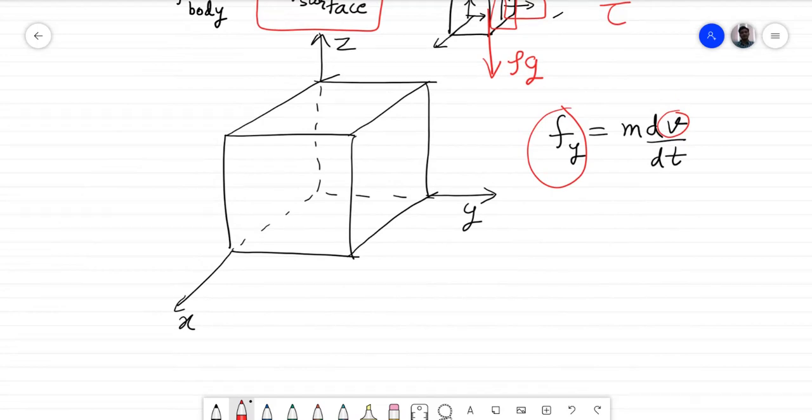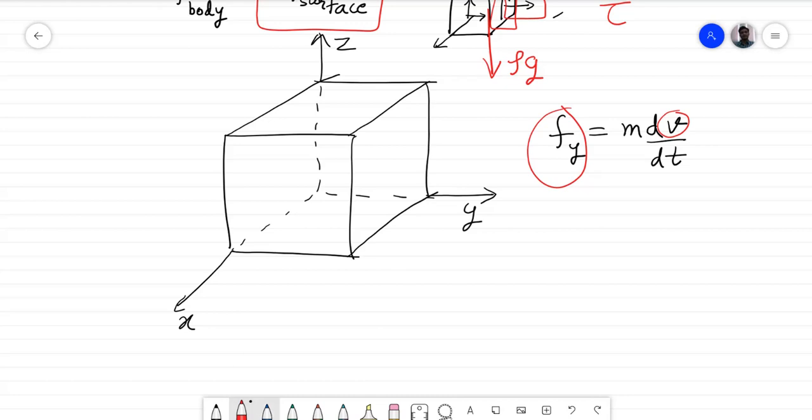So now what all forces are acting in the y direction? Let us identify here. There are pressure forces as well as viscous stress forces. And if there is gravity, then there are gravitational forces and any other external forces. So let us keep it simple for now. Let us assume that in the y direction no external force is acting for now. There is only stress, that is viscous stress forces due to viscosity of the fluid, as well as pressure forces.